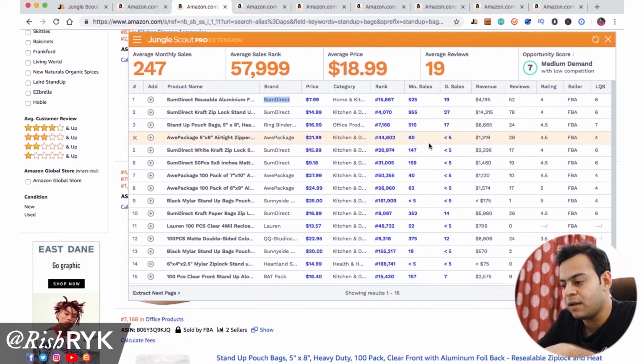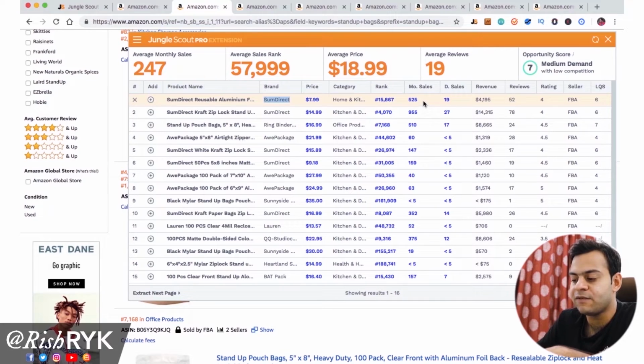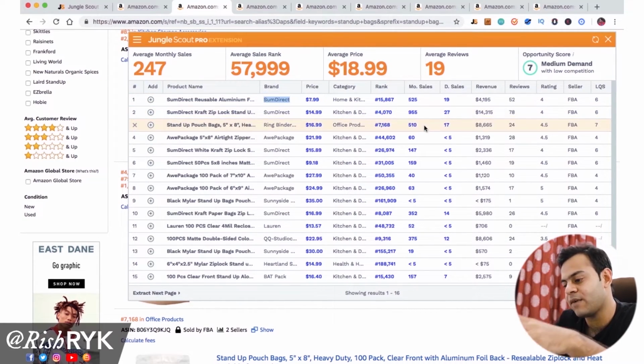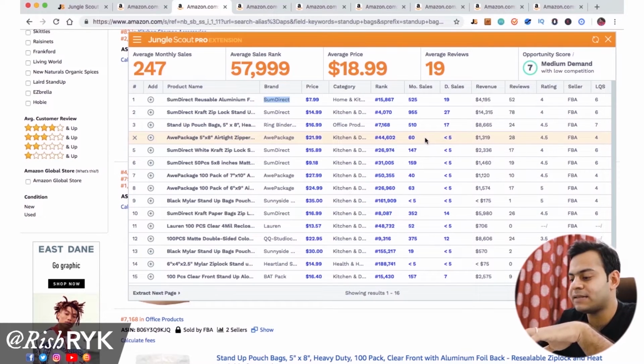So as you can see over here, this is decently distributed. The first product has about 500 plus sales, the second product is close to 1000, the third product again 500, the fourth one has 60 sales. Now that could be because it might be a new product as well, so you cannot really guess just by